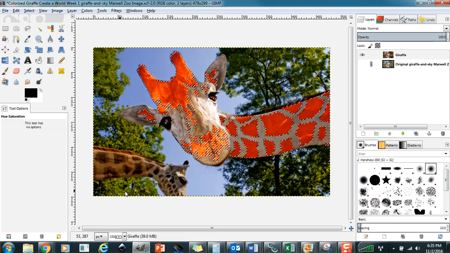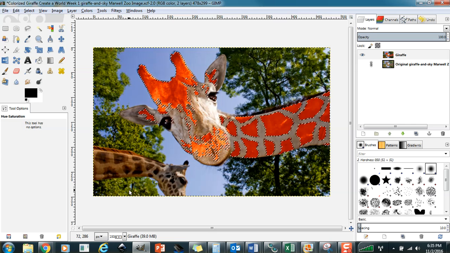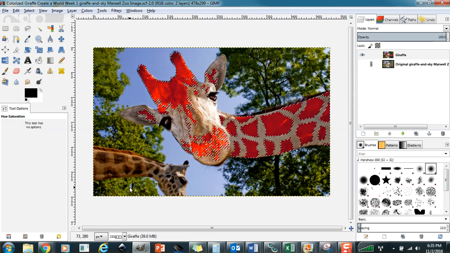I can click OK, and I can go Control Z and go back and look at my previous steps, Control Y to redo them. And I think I'm going to go with that. Okay. So